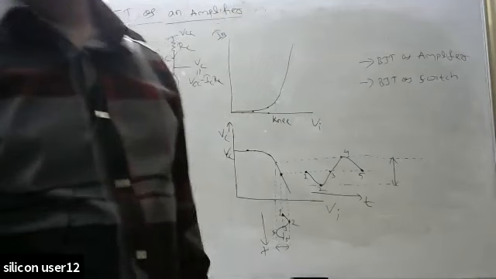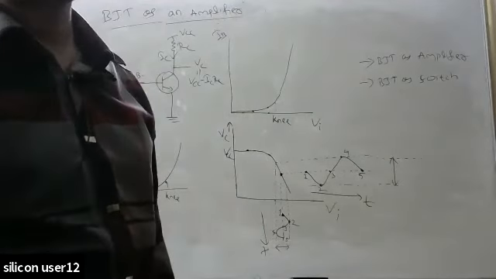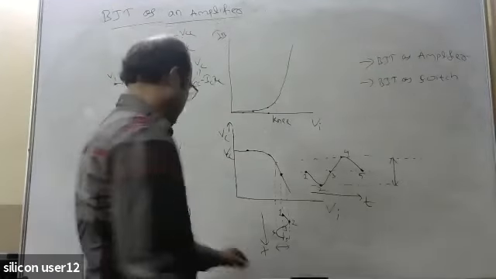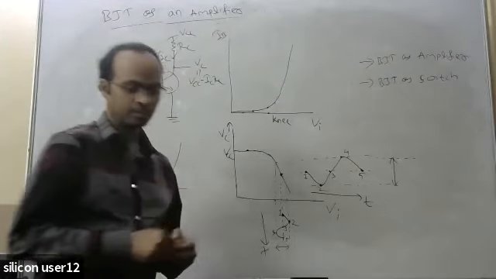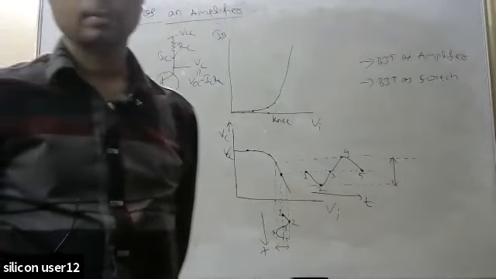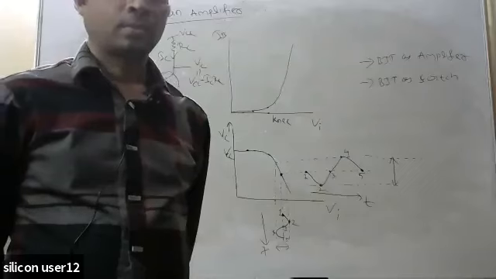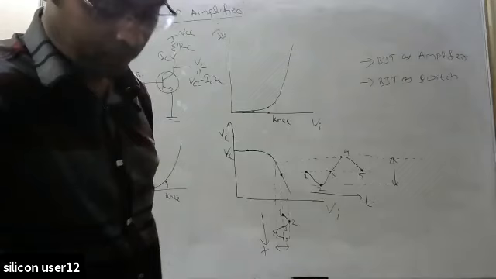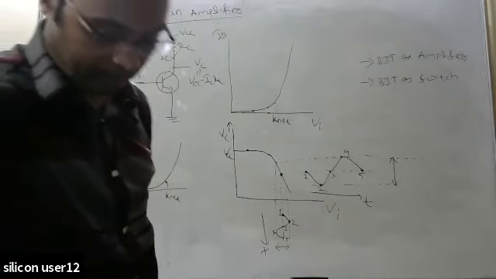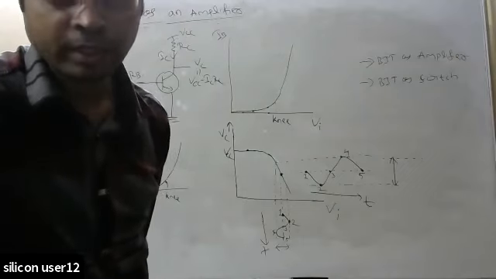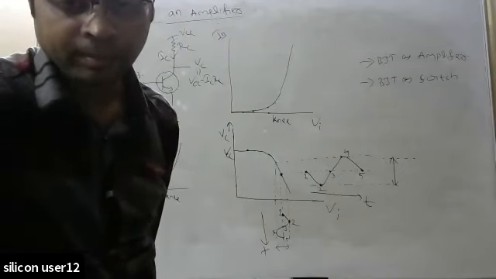So with this we'll stop here. Next class we'll start the next module, that is your op-amp. Okay, if you have any doubt you can ask me. I will send the notes of the second module, the BJT portion, today. And in the FET portion, a small portion has not been completed. So once it is completed, then I'll send them.